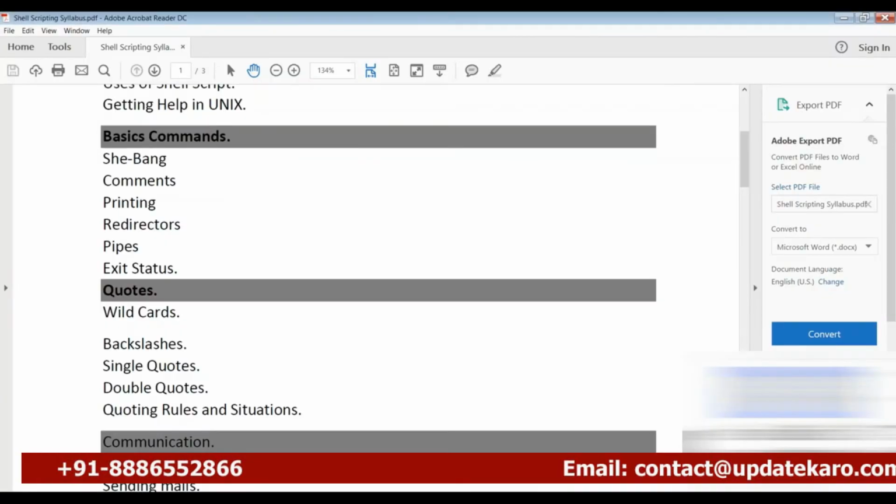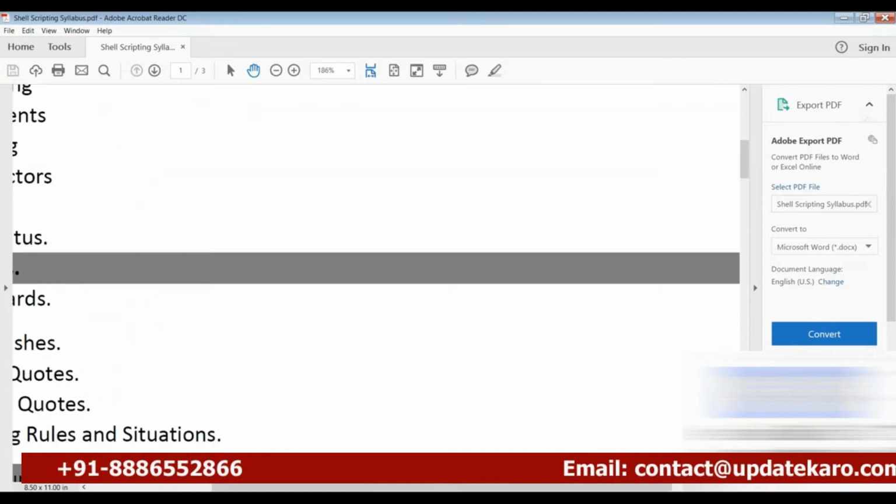So in the last class, we were talking about exit status. What is the importance of exit status in shell script, and what exit statuses do we have? How do we get the exit status, and all we discussed. And in today's class, we are going to talk about